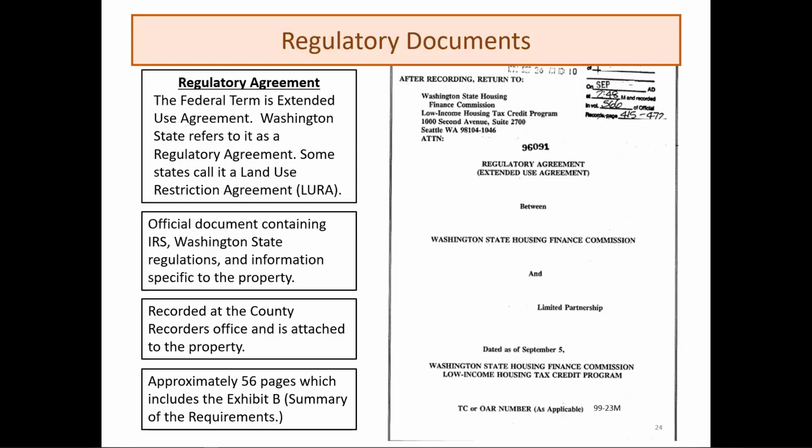Now we're going to go over the regulatory documents. What you see in front of you is a regulatory agreement. The federal term is extended use agreement. Washington refers to it as a regulatory agreement. Some other states call it a LURA or a LIRC, which is a land use restriction agreement or a land